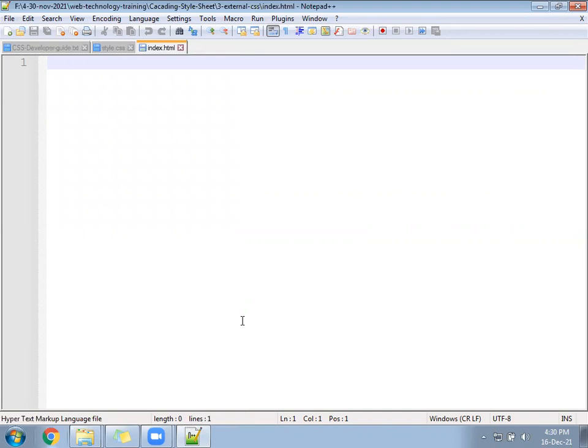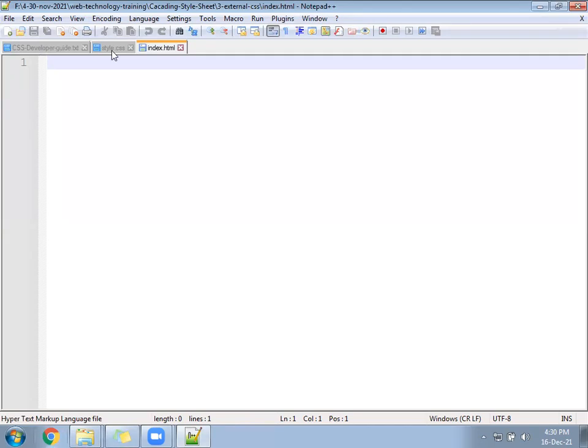Two files you have: one CSS file and one HTML file.